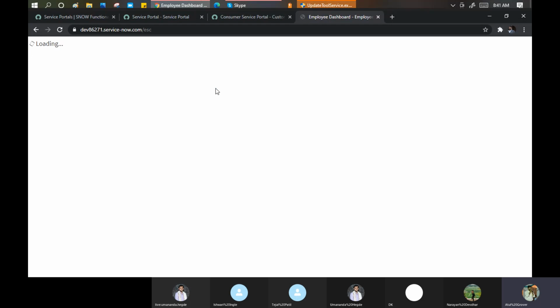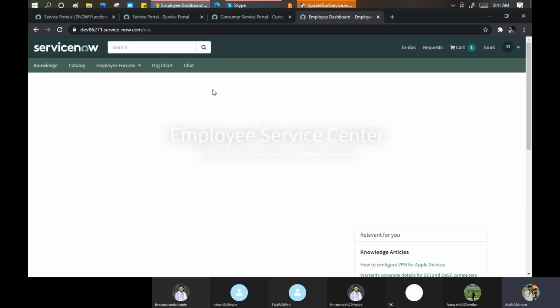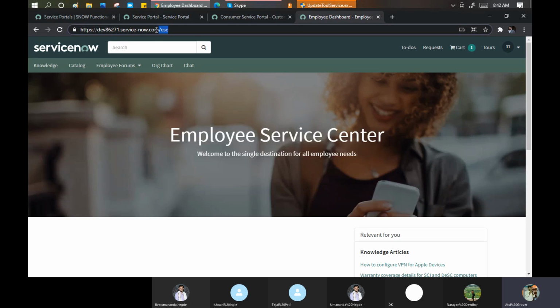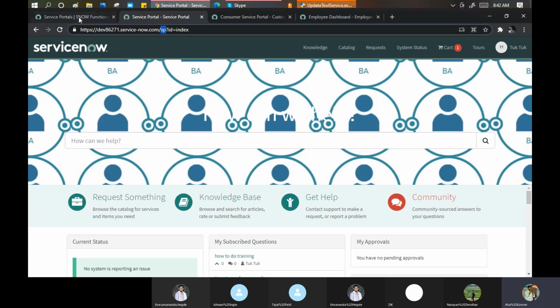Employee dashboard. So in your company, if you are opening any portal and you know these things, you can open that portal directly. So it means these are a few portals given by ServiceNow to me out of the box. When I say out of the box, it means all the things you are able to see here are coming as out of the box.